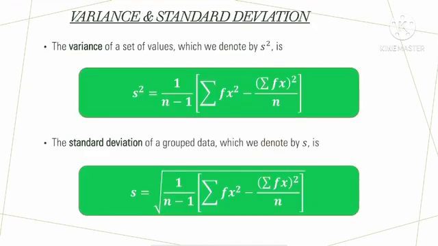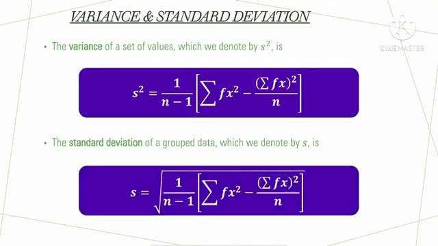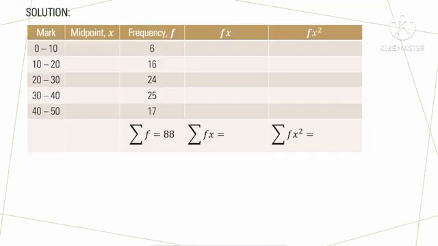The variance formula for grouped data is given as this. And the standard deviation is the square root of variance. In order to find the variance and standard deviation, we have to construct the frequency distribution table. The midpoint is the lower limit plus the upper limit divided by 2. The fx is the frequency multiplied by its corresponding x. The sum of fx equals